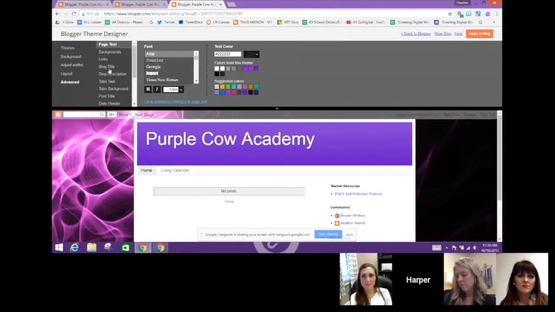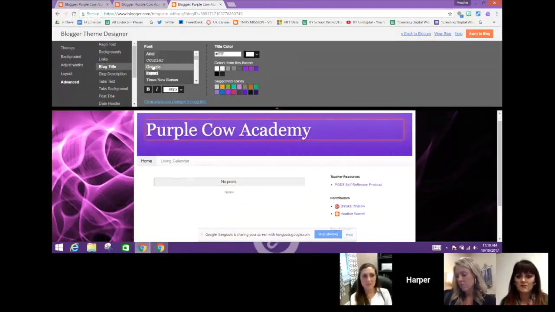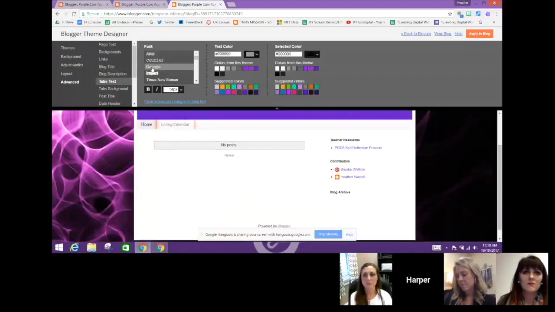For instance, if I wanted to change the blog title, make it Georgia, make it bigger, change the color, this is where you could do all of this. The tab text, I could make these Georgia, make them purple, whatever you want to do. But after you finish adjusting in the design feature, you click apply to blog and your theme is applied.